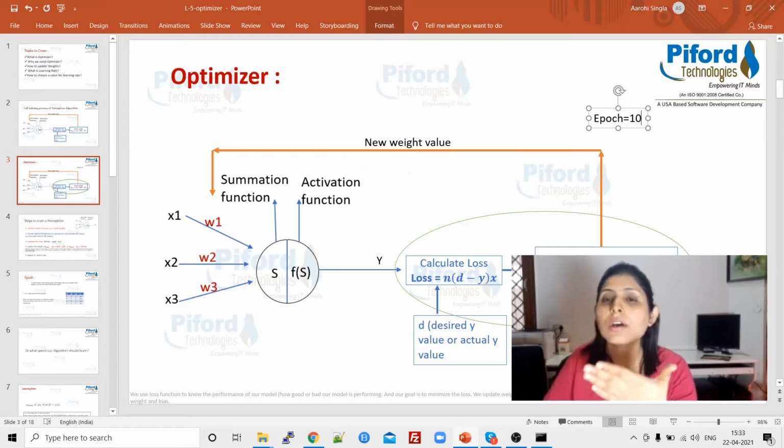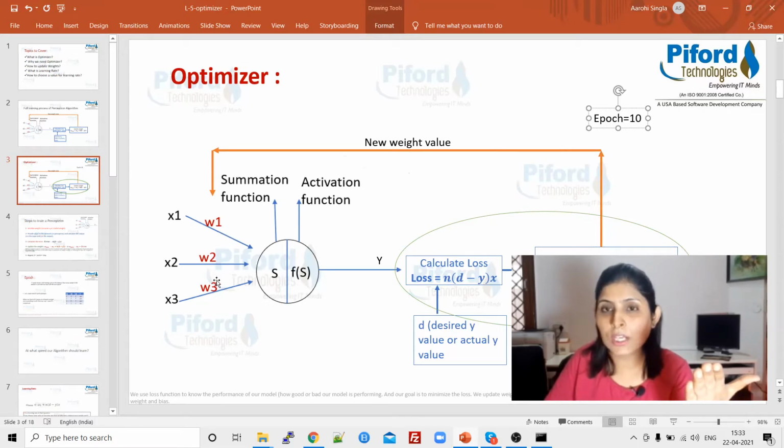We have changed the values of weights. Which weights? These three weights. Okay, this time the values of these three weights are different. Again, x1 into new w1, x2 into new w2, x3 into new w3, and we'll add all these things over here, and then again follow the same process. This time we'll get a different loss error, right? Why? Because the values over here are different. So this is the second epoch. Now the second epoch is completed. Again we are updating the weights. Now this time again we have new weights. So we'll fill those three new weights over here, and we'll follow the same process again.